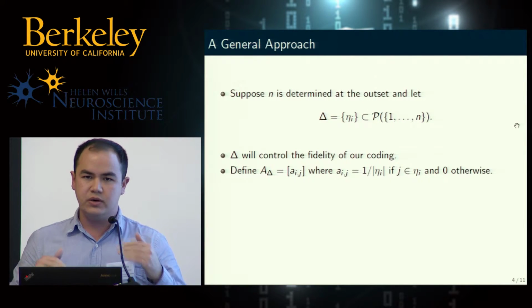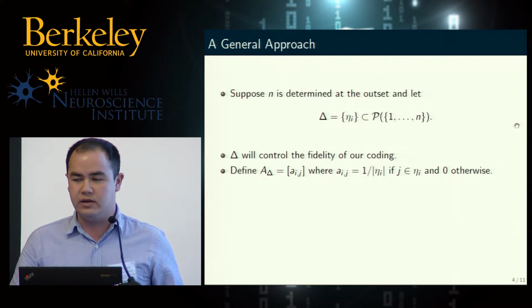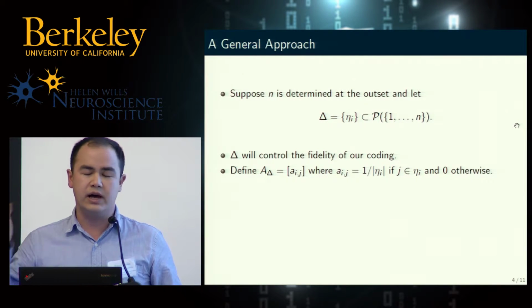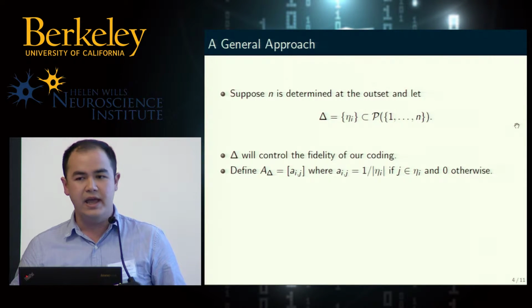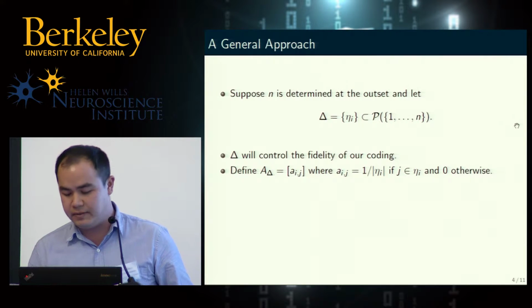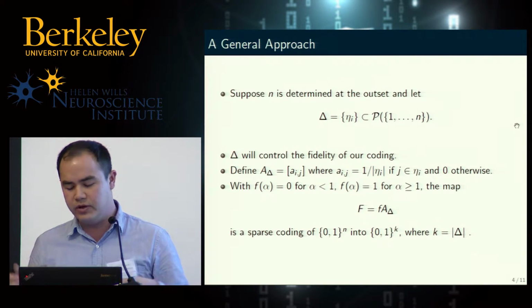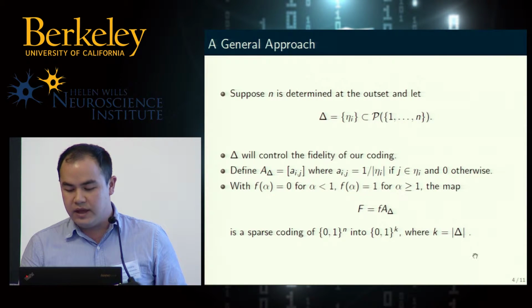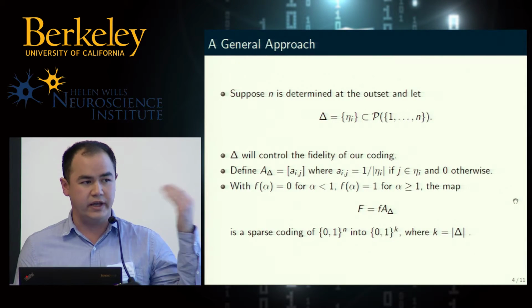where each of the rows corresponds with an eta_i in delta. Okay, and the columns are going to be positive if those indices are in eta_i, and then we normalize over the size of eta_i. And then we threshold at 1 because it's convenient. You can generalize that. But one thing to keep in mind for now is that the output dimension k is dependent on the size of delta, right? Because we have one row for each of the